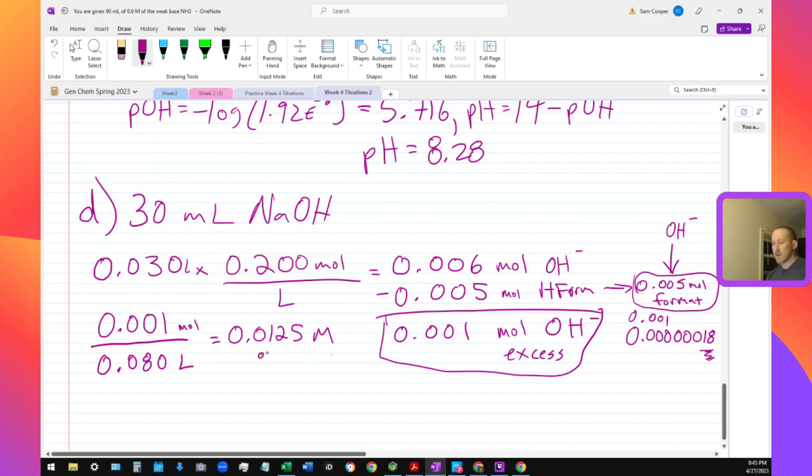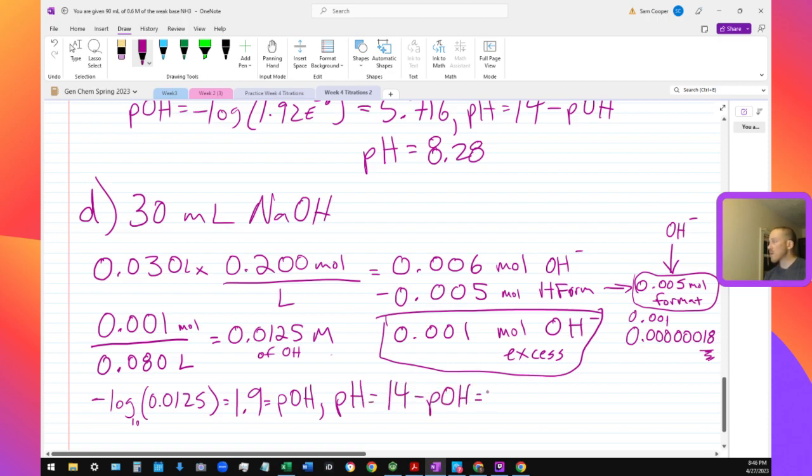That's the molarity of hydroxide, and the negative log of that is 1.9. Negative log base 10. And that's the pOH. So the pH equals 14 minus the pOH, which equals